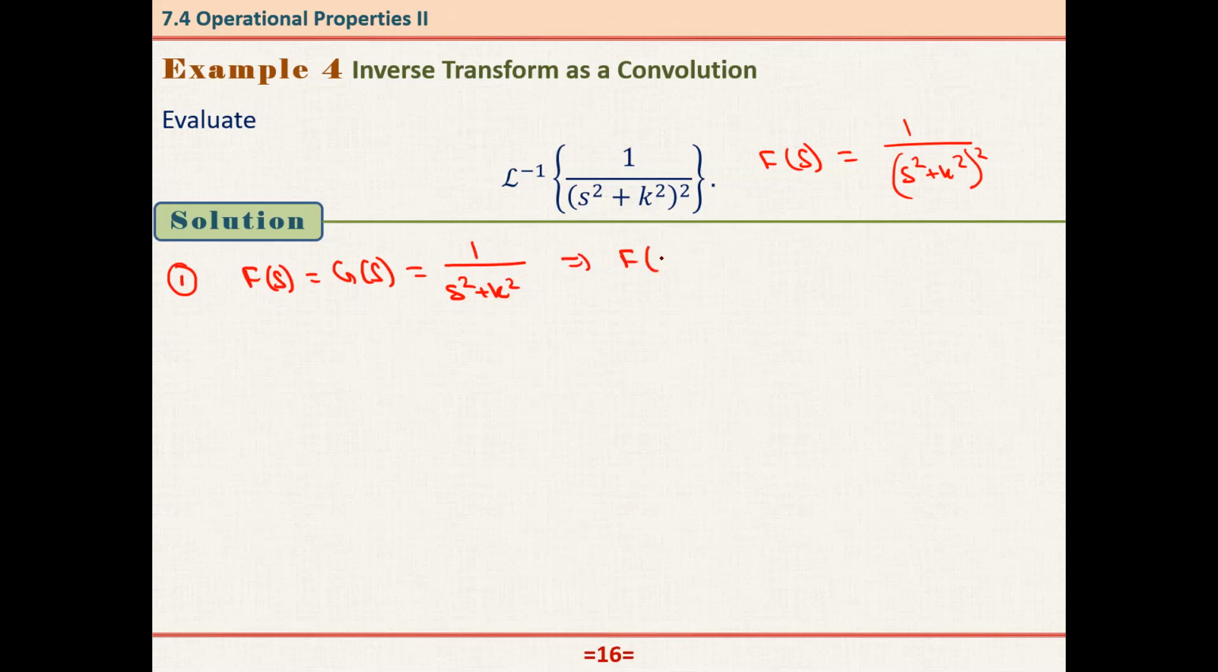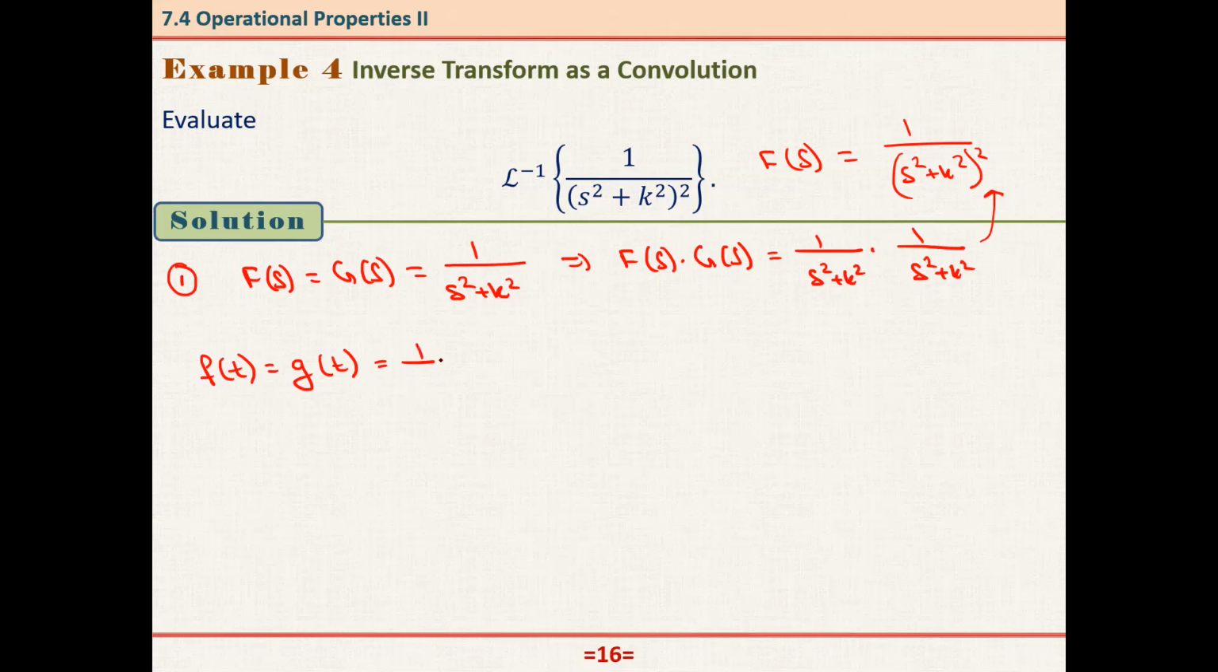Now what we have here is F of s times G of s, that is equal to 1 over s squared plus k squared times 1 over s squared plus k squared, which is equal to this thing. Now from here we can find our original function f of t. And what is f of t? Since these two functions are equal, that is g of t, which is equal to